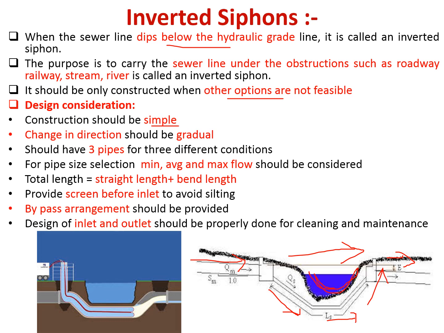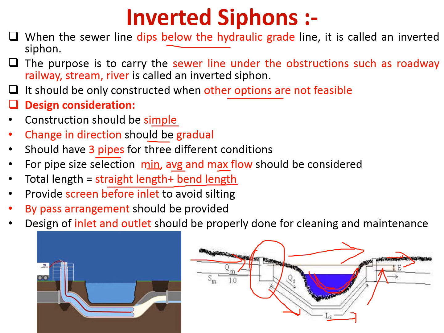Change in direction should be gradual, because you can see that here there is a manhole, then it is taking a downward gradient, then flat gradient, then upward gradient, then again it is meeting. Generally it should have 3 pipes for 3 different conditions. These 3 conditions are minimum flow, average flow and maximum flow. If you are providing only one pipe, then it is difficult to operate. So for all the 3 flows, 3 different pipes are to be provided,